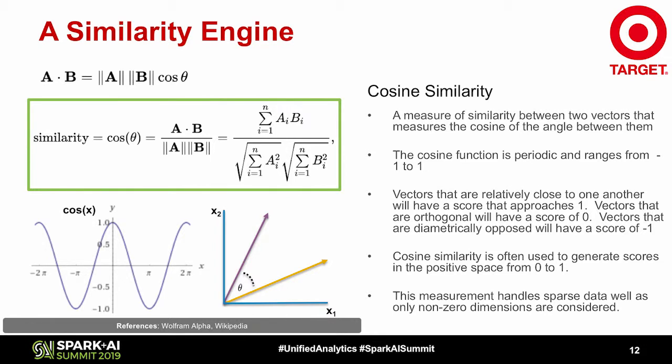And so the math for it shakes out that the dot product of A and B equals the magnitude of A times the magnitude of B times the cosine of the angle between those vectors. So if you reorganize the math around to get at that cosine, which is going to be your metric, that turns into the dot product of those two vectors, A dot B, divided by the magnitudes of A and B. And so that math is actually very straightforward to carry out. It's just the sum of the pairwise multiplications across all of the elements in those two vectors. And then the magnitudes are similar: the square root of the sum of each element squared.